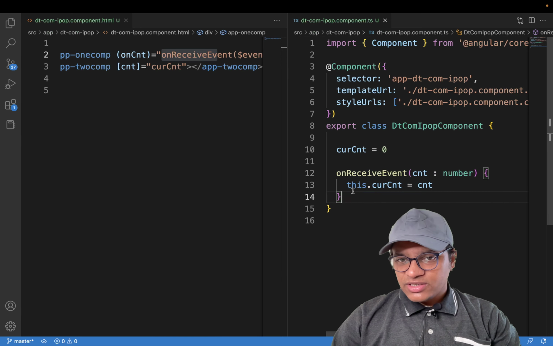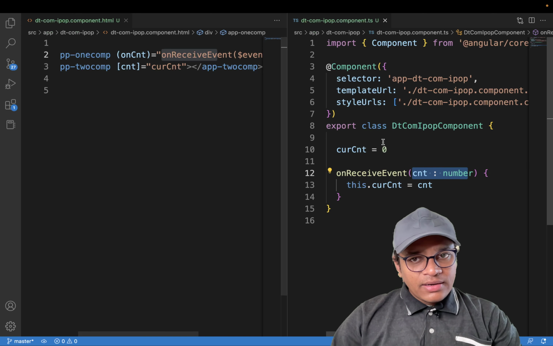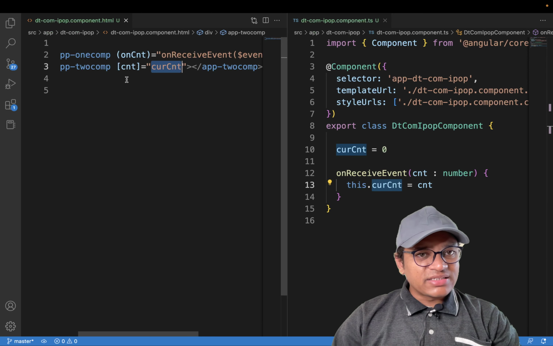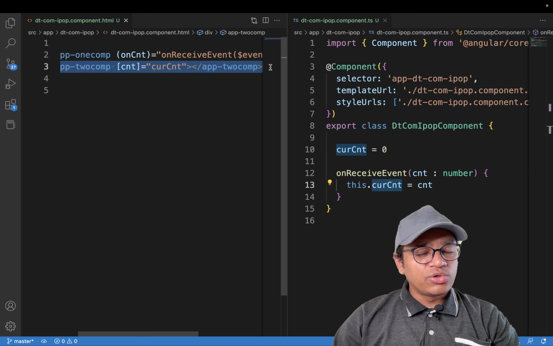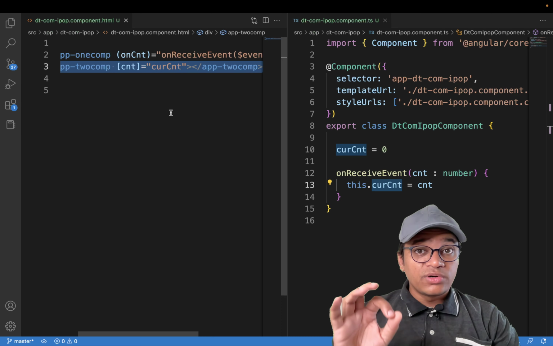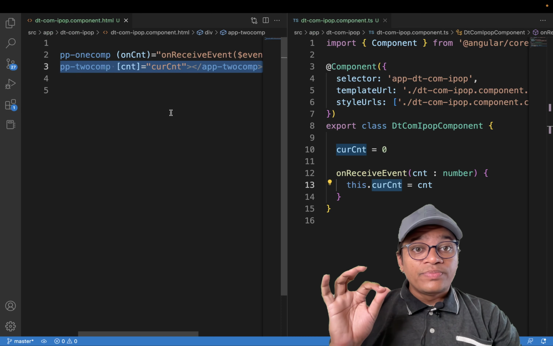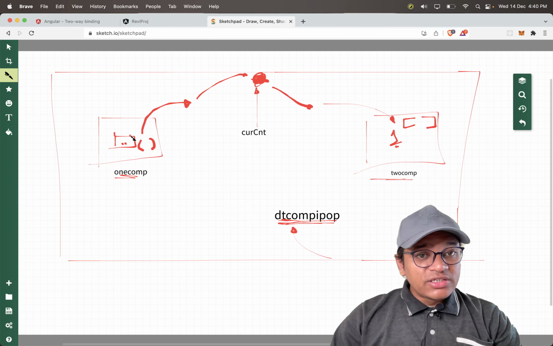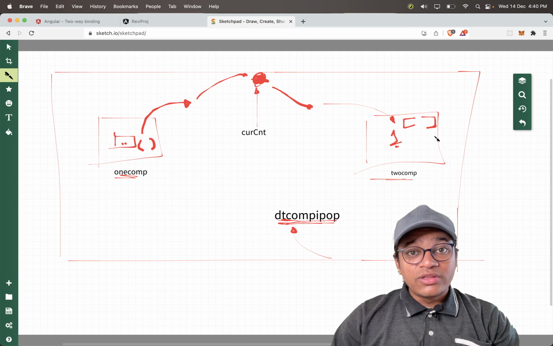And inside this function, this.currentCNT is equal to the new incoming event data, which is assigned to the current CNT. And if you see, this current CNT is assigned to the property of the to-com. This is how one component will pass the data to this component by using the parent